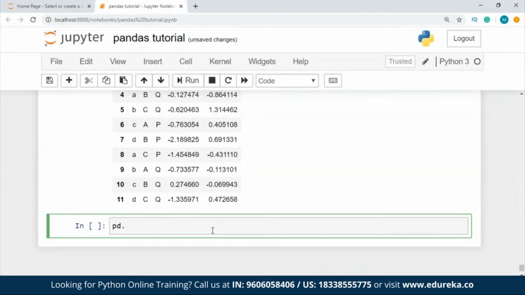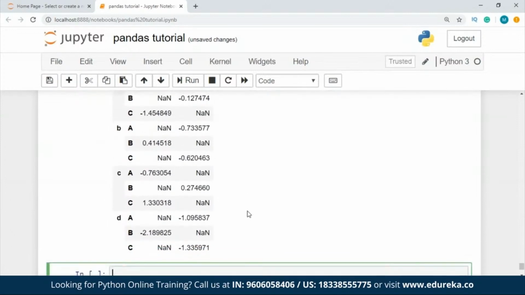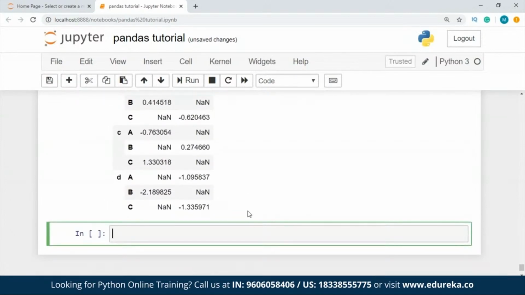Now what I'll do is I'll just write pd dot pivot_table, and I'm going to pass df over here. All right, df, and the values is going to be, let's say, d, and index is equal to a and b, and columns, let's say, is equal to c. So this is how you create a pivot table, guys. Now that we're done with pivot tables, let me talk about the next topic that we have, which is time